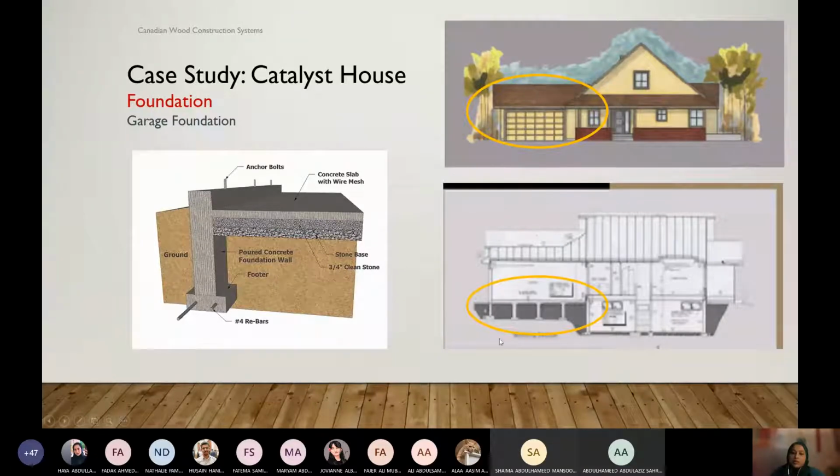You can see the same kind of foundation system for the garage, spread footing and concrete foundation wall. But for the garage, we just make a shallow foundation. We don't need to dig that much because we don't need a basement there. But definitely we should go at least 4 feet because of the frost line. That is the common type of foundation system for the garage here.